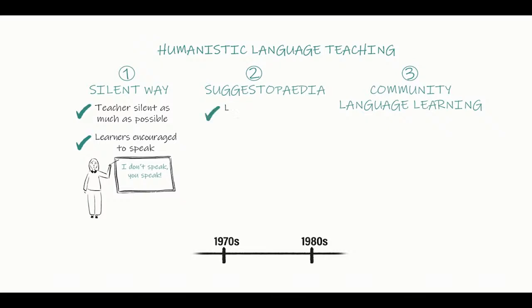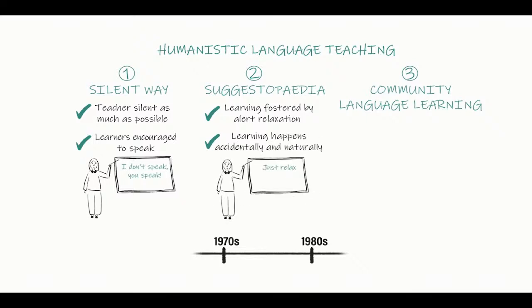Suggestopedia is based on the idea that learning is fostered by reaching an optimal state of alert relaxation. In this state of relaxation, learning is meant to happen accidentally and naturally. The third humanistic method, community language learning, assumes that students are people with feelings, and that learning happens when they